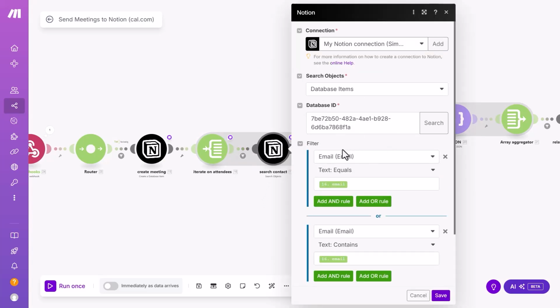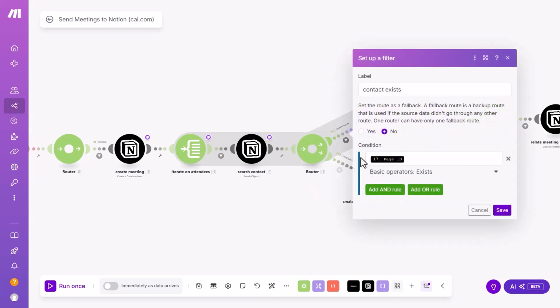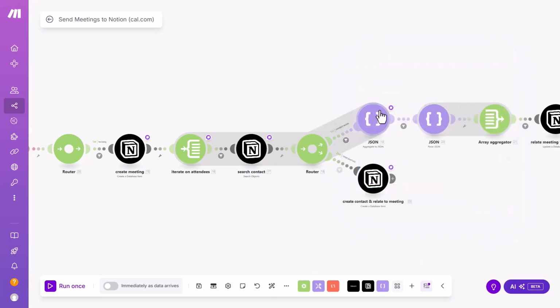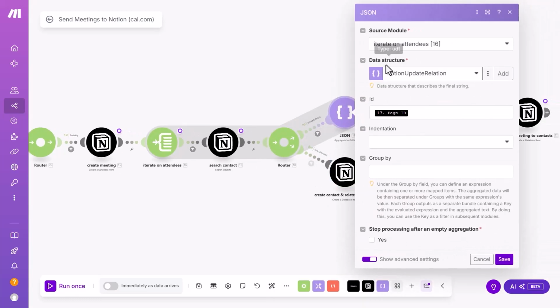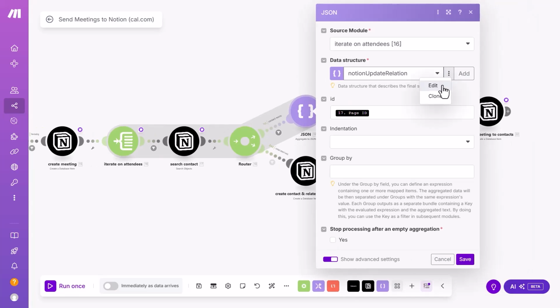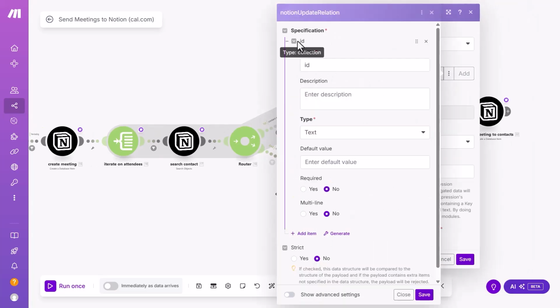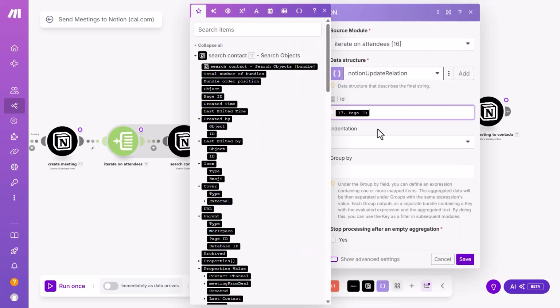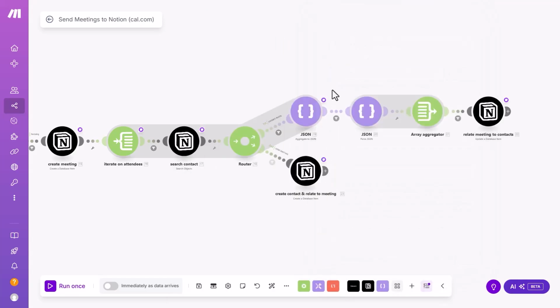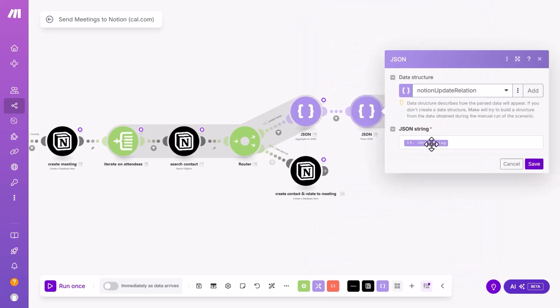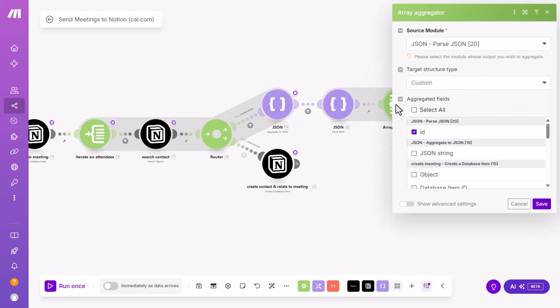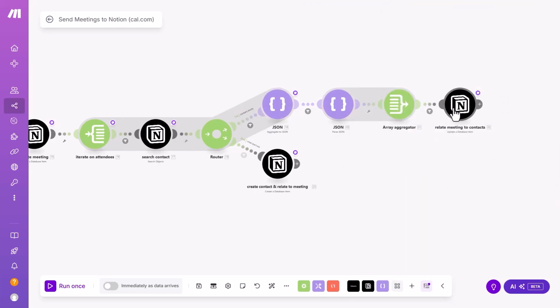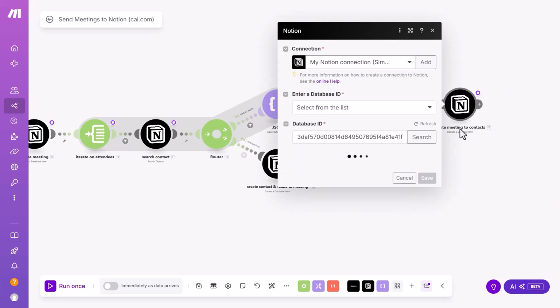In my contacts database, we match the email address, and if the contact exists, I then have an aggregate to JSON module with an update relation data structure, which I can show you here. Just an ID, text, that's it. We map the ID from the Notion module here, search contacts. So we bundle them together. I then parse JSON right here, aggregate it back, mapping the ID,